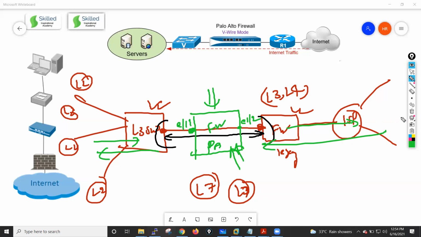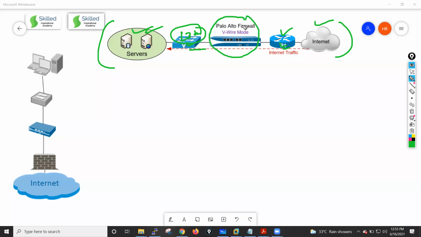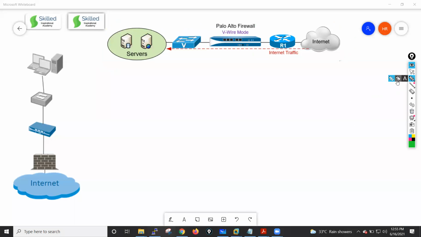Okay. So if you have seen this particular design here, it's a similar kind of design, guys, where I have my router, then the internet, I have my servers, and I also have a layer 3 switch here. Some kind of routing protocol is also running between these two devices. If we don't want to modify any IP schemes or routing, in that case we will just put the firewall into vWire mode. So in vWire mode, typically whatever traffic my firewall receives on this interface, it will inspect against the security policies and security profiles, and it will forward that traffic through the other interface.